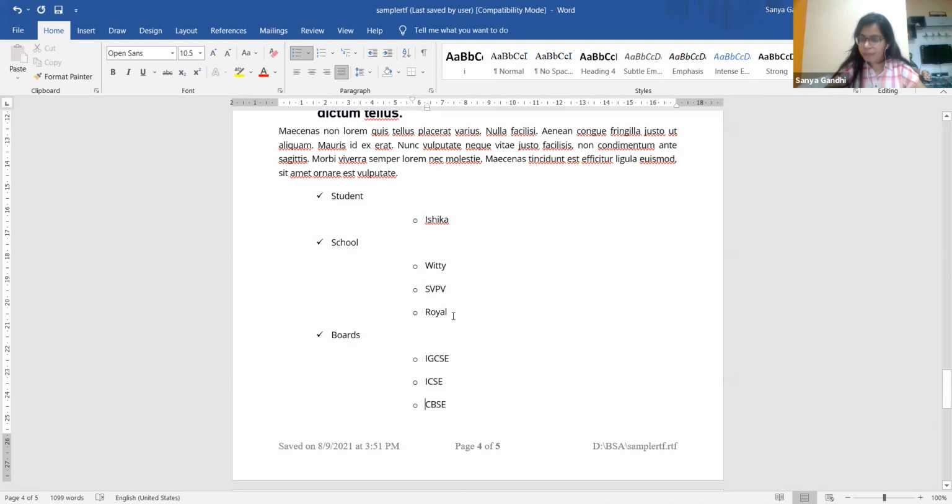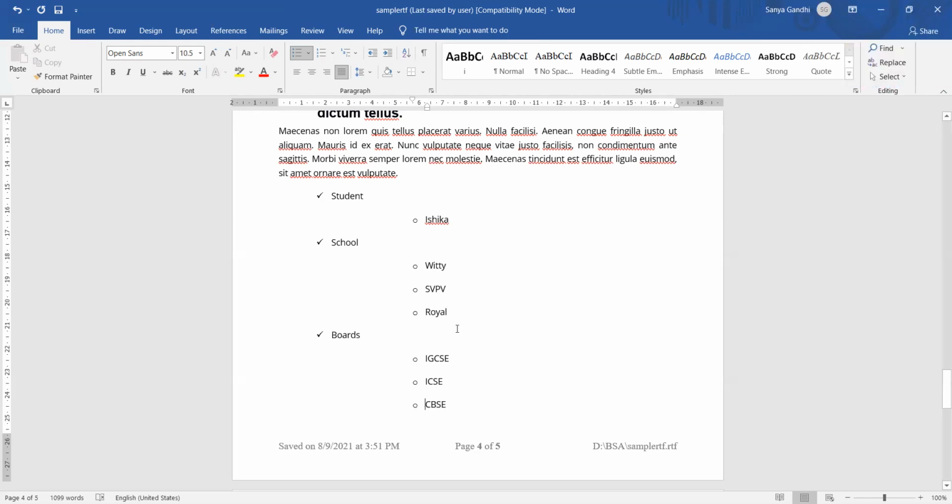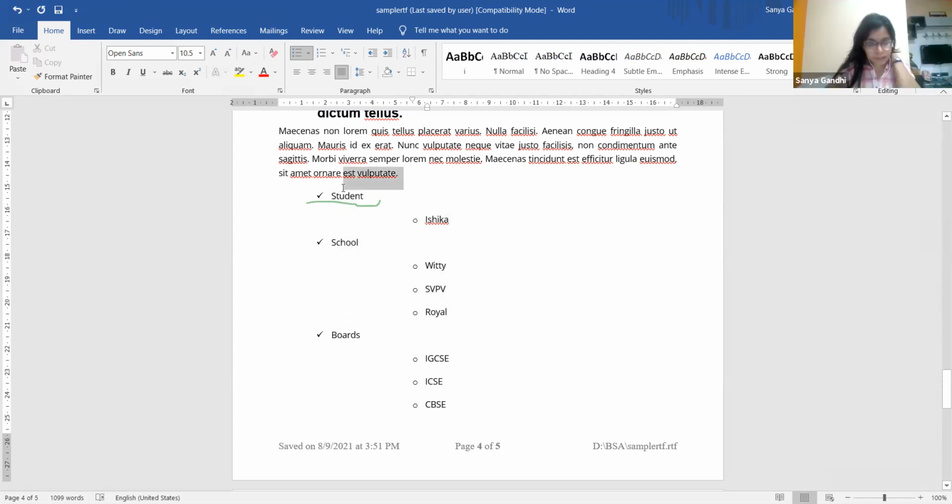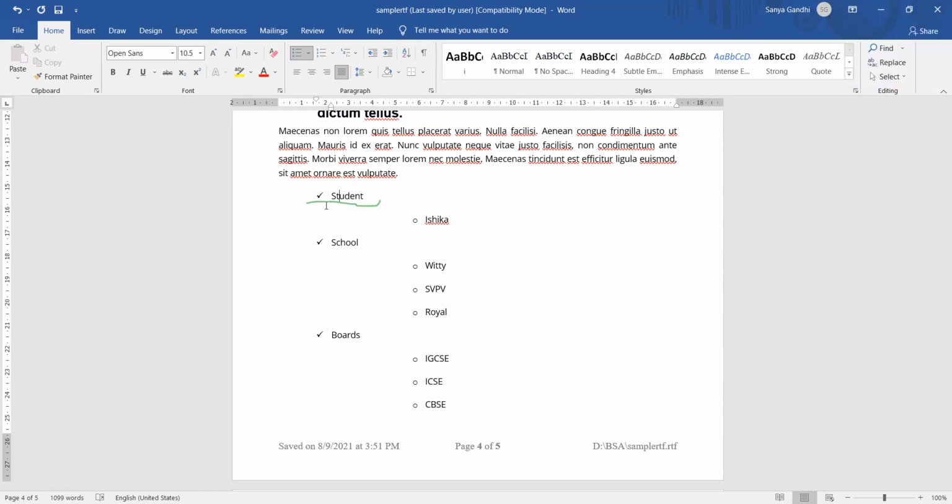Now, can you understand what I wanted to say? The student is Ishika. She has three options of the school, and the boards are three. Now are you able to understand? All these I understood. The thing I didn't understand was the name. So, this is level 1, right? Yes, these things with the tick bullets come under level 1. Why are they in level 1? Because they have the same weightage, they are parallel to each other. Okay, so you mean that this all is level 1.